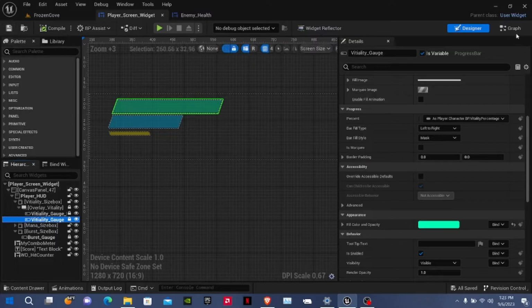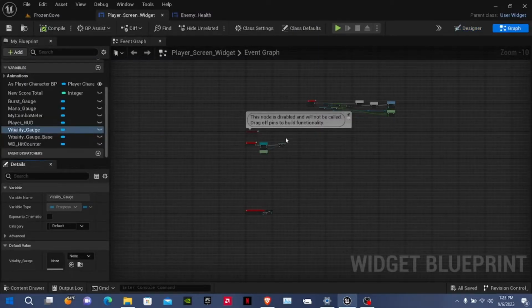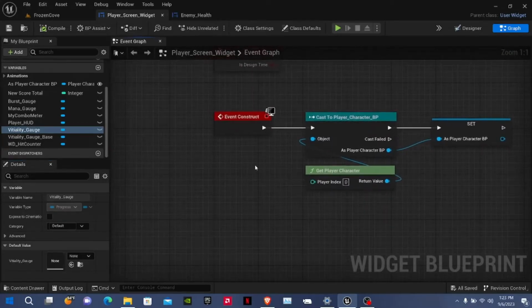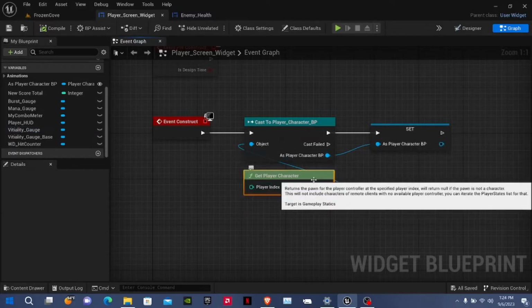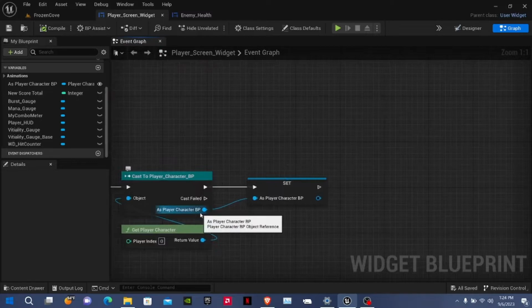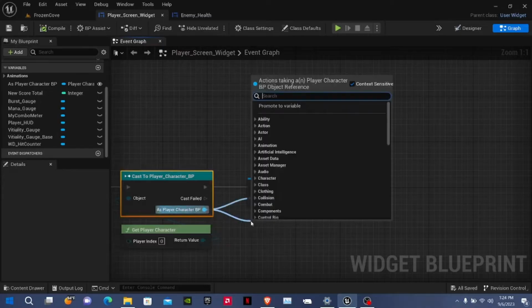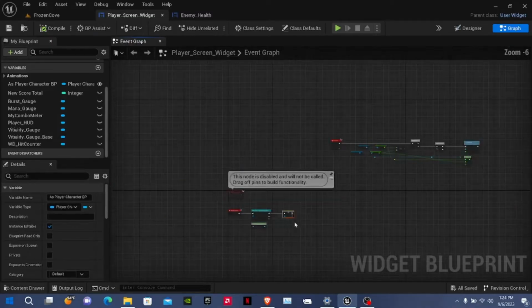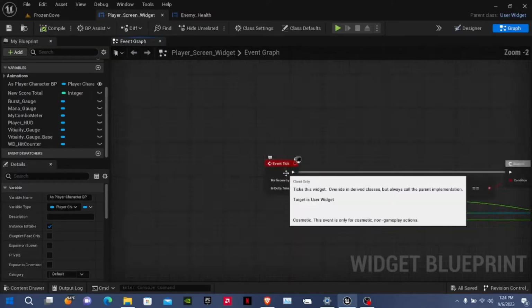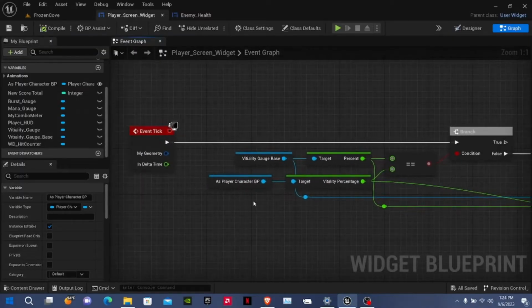Now, if we go to our graph here, for the event construct, I'm using cast to player character, which comes from the player character. And from as player character BP, I bring the input connection out from that and promote that to a variable, and that variable is as player character blueprint. With the use of the event tick,